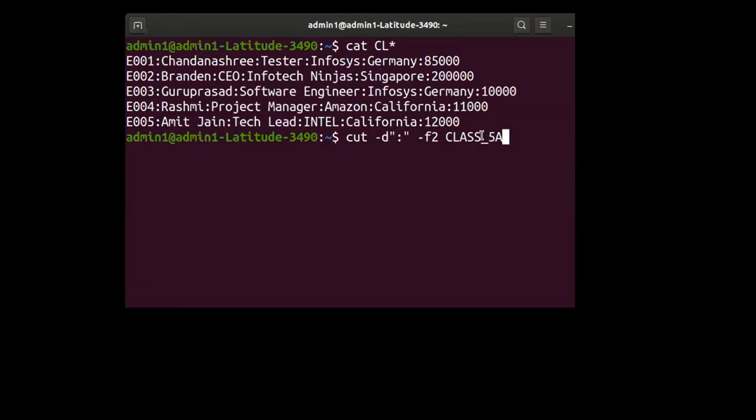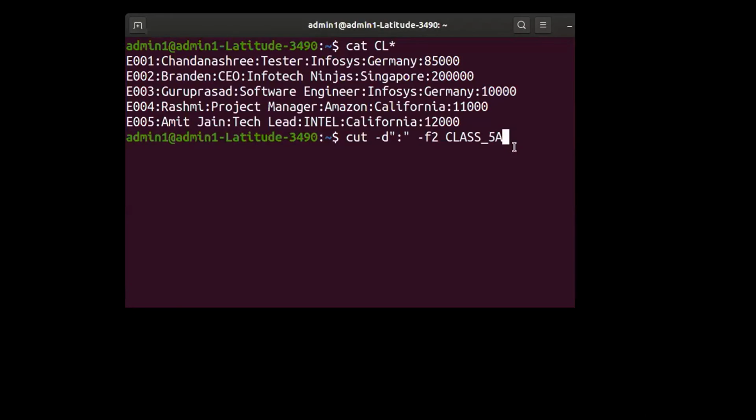Now, one more thing you have to understand as a Unix programmer: Unix does not know that the output is names of all the employees. Please understand, Unix is not aware that the output I am going to display for you is names of all the employees. What Unix says is, boss, you have asked me to display the second field. I am going to display it. That's all my job. I am going to extract the second field from your database file and display it. I am not interested in anything else. That is how Unix treats all the programmers and the file contents.